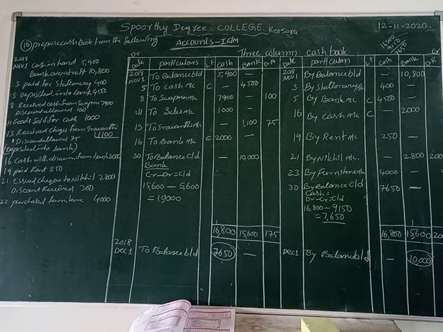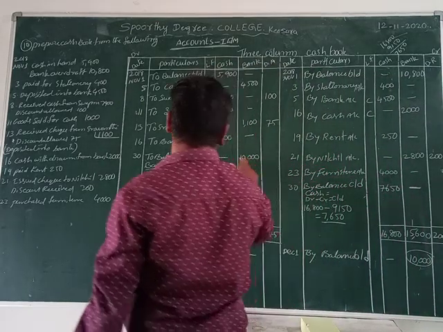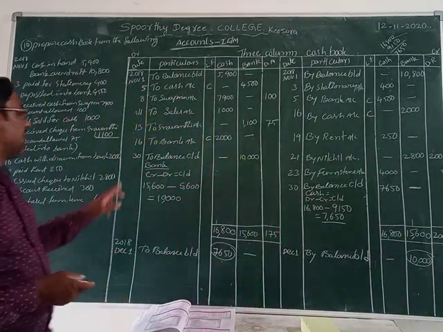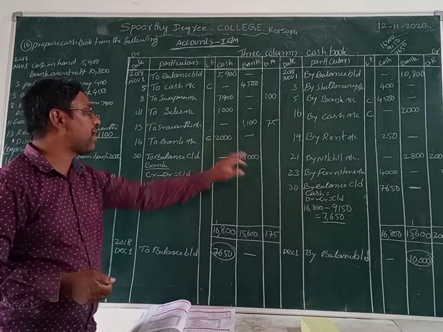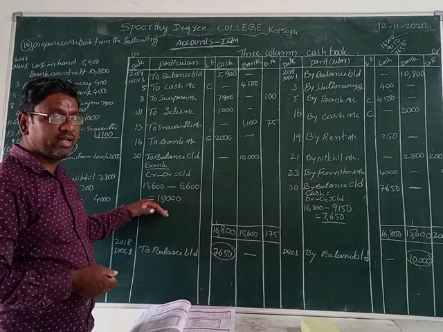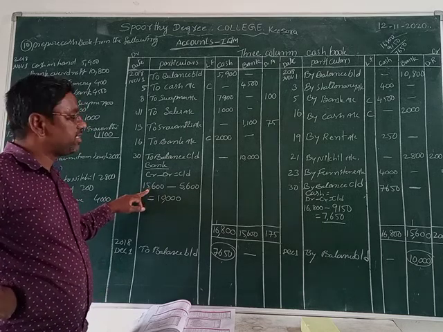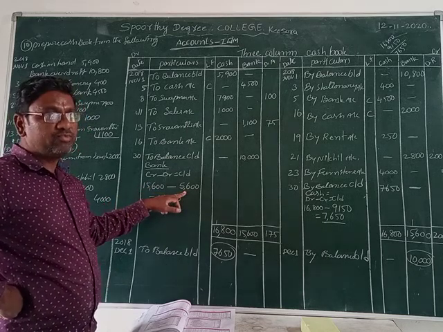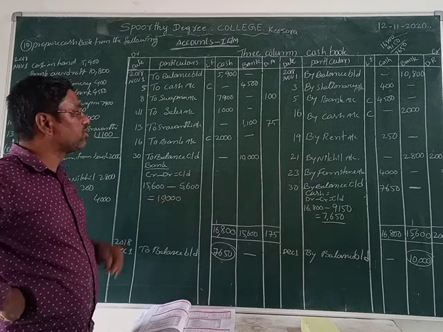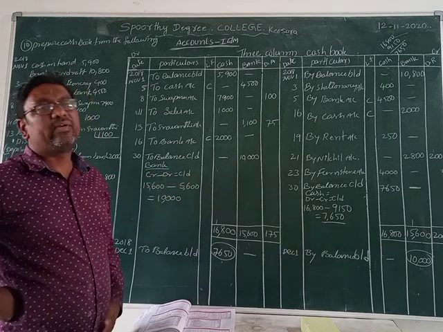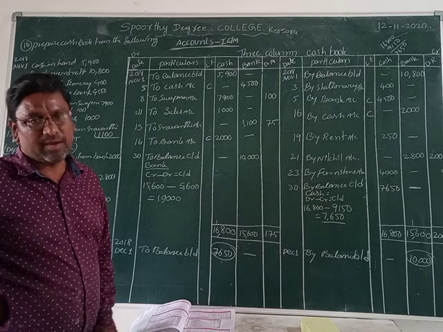Okay now, the bank total is the heavy amount, 15,600 on the credit side. So the bank debit amount is the low balance. That's why we calculate the balance carried on for the bank account on the debit side. The credit side is the heavy balance, that is 15,600. The debit balance is only 5,600. We can take 10,000. 10,000 rupees we can pay to the bank account.